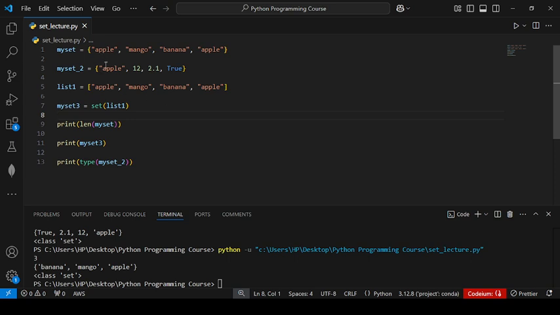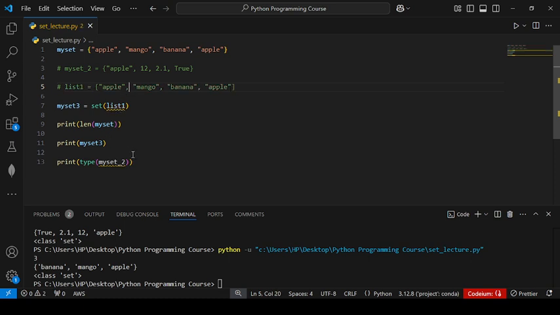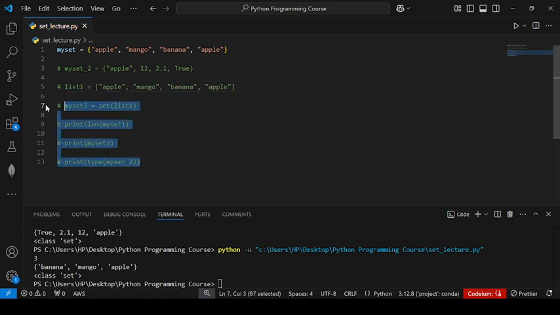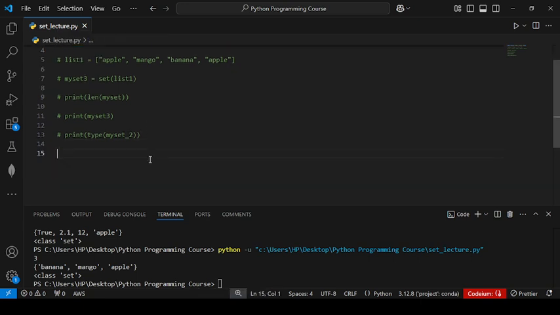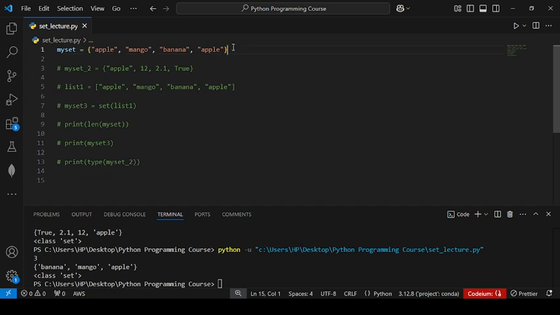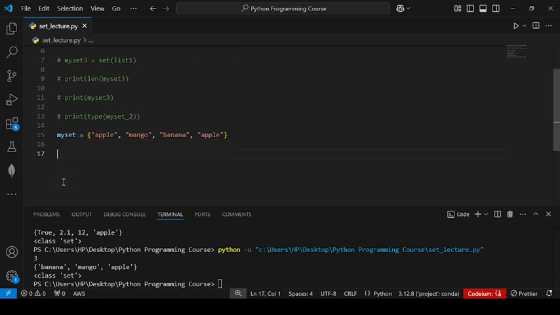So first I comment out this one, and copy paste right here, and I use the for loop to loop through the items of a set.